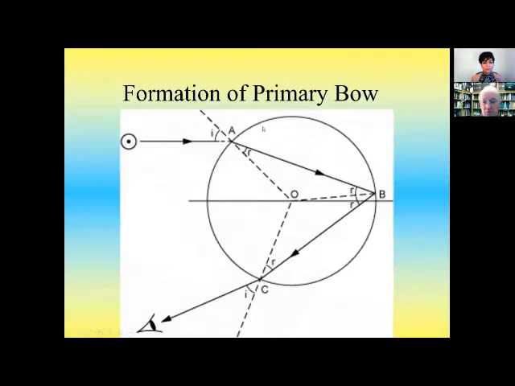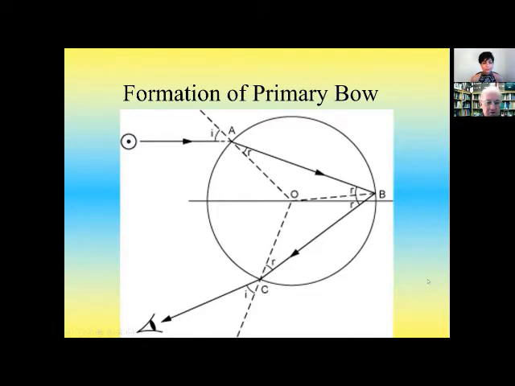Okay, so for an ostensibly spherical raindrop, light from the sun comes in at a certain angle of incidence. This is really the only geometric aspect we'll talk about. It is refracted inside the drop, reflected at the far side, and then refracted out again. You can calculate the angle of deviation from the original direction by simple geometry, using basic trigonometry and calculus to determine where the most intense portion of that light will be.